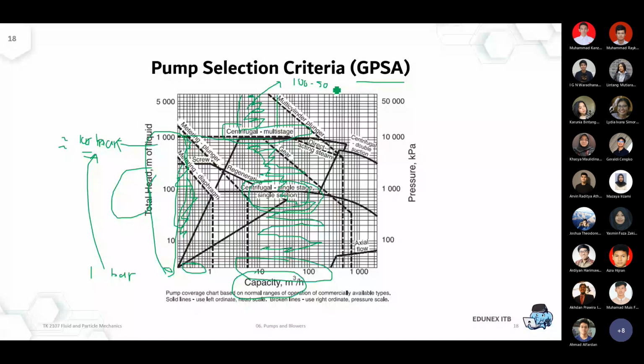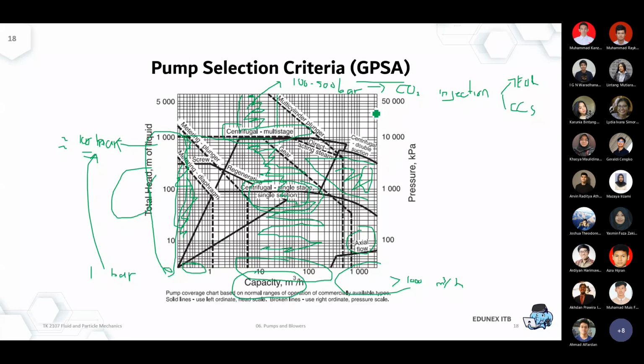Okay, but for a very big capacity, let's say now we're working at more than 1000 cubic meters per hour, the centrifugal is not really available anymore. So now you have to use the PD pump, axial flow, for example, or a gear pump. This is the region for the gear pump. So that's some of the quick guideline to choose the correct type of pump. For high capacity and high pressure, we are somewhere around this region. Okay, multi-cylinder plunger pump.